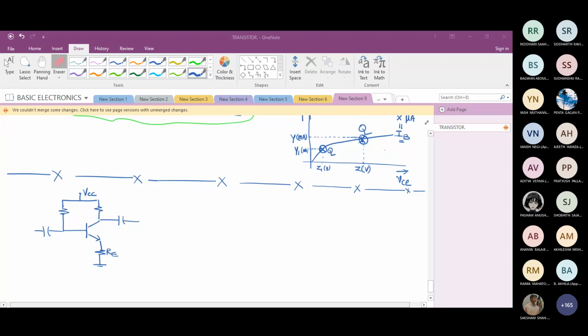Sir, how many extra classes will it take to cover the remaining portion? It all depends on the faculty. Two more faculties are going to teach now. The next chapters 3 and 4 will be done by Professor Stanley, and the next part will be done by, I think, Professor Anita ma'am.